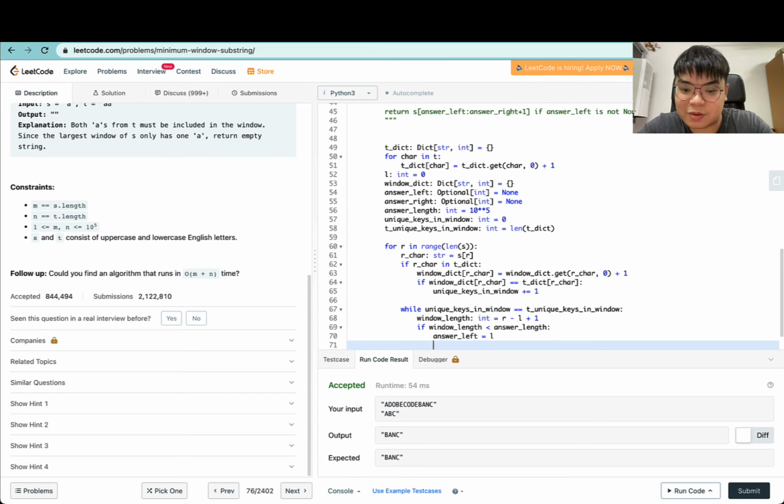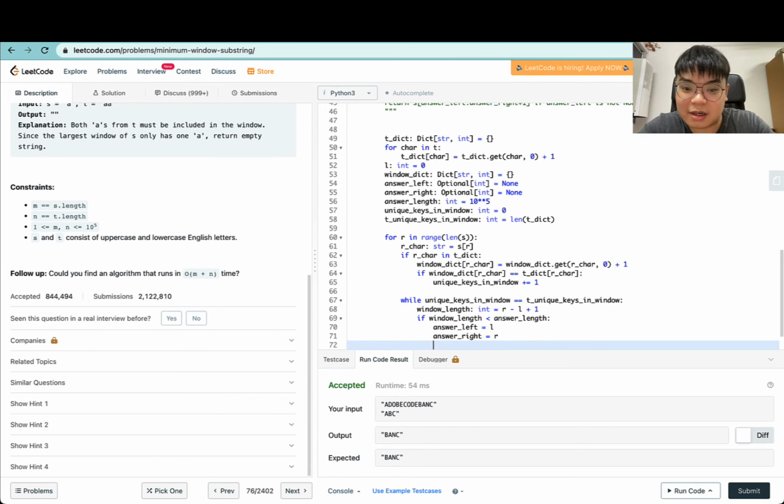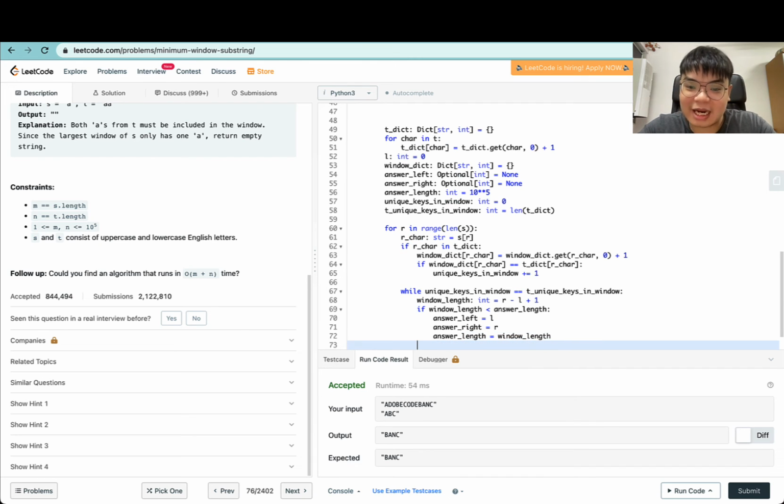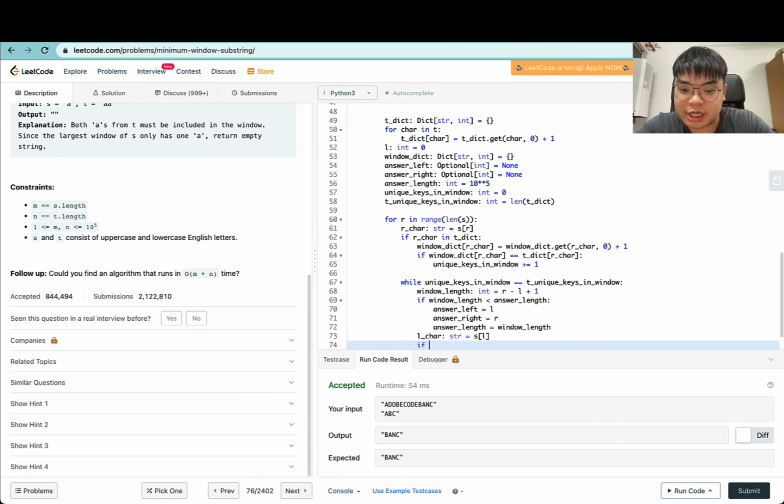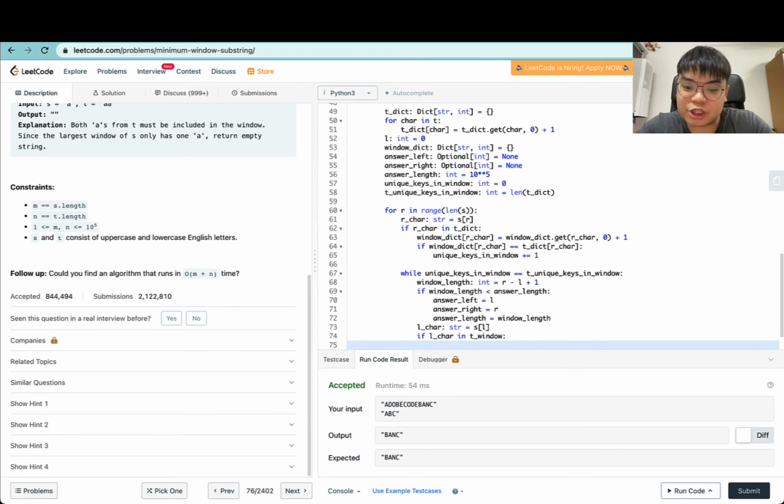So answer left equals to L, answer right equals to R, answer length will be equal to window length. And now that we have updated the answer, we will try to pop the character on the left. So the left char in this case will be S at L, and we will check if L char is in T window, T dictionary,